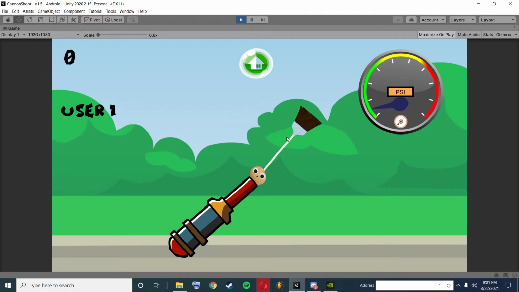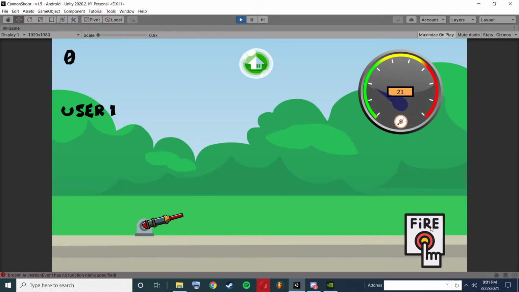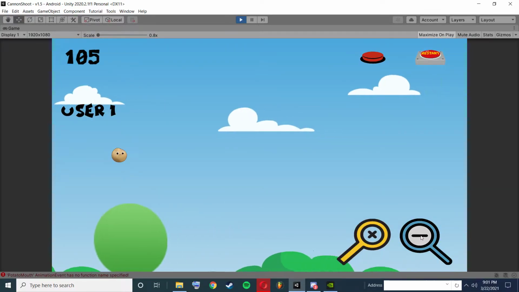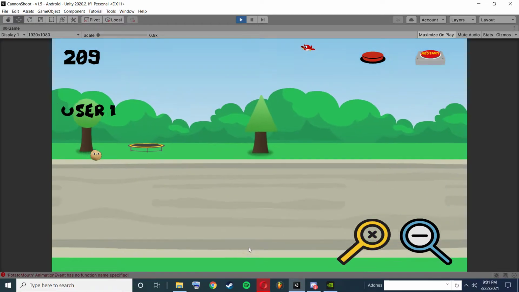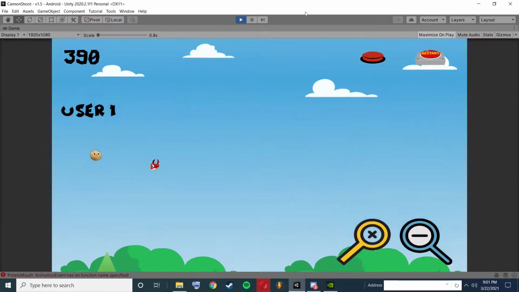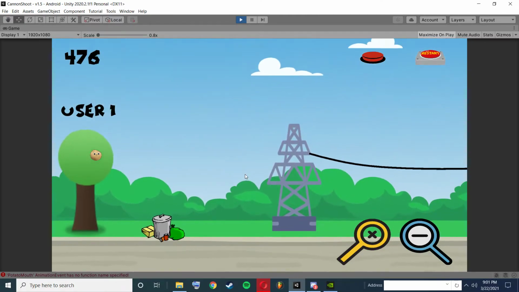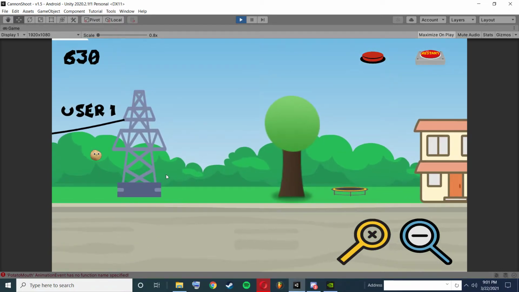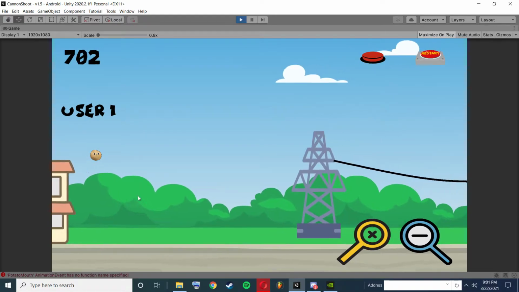So when you put the potato in, let's have it at like 21% or so. This is what I say the pressure is. Okay, and then this is the angle, and then fire, and I can zoom out. And then like when you hit birds, the feathers pop off, and there's jets and stuff that you can hit. You splat, and when you hit the power lines, it does a certain thing, and like the houses,